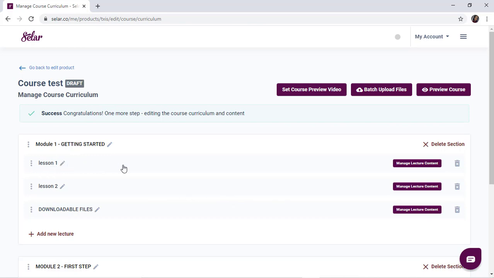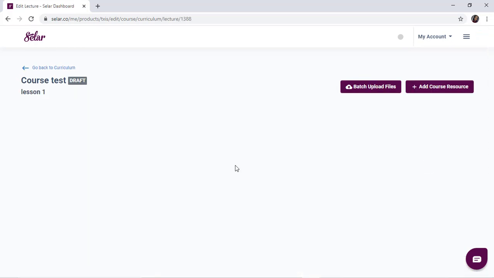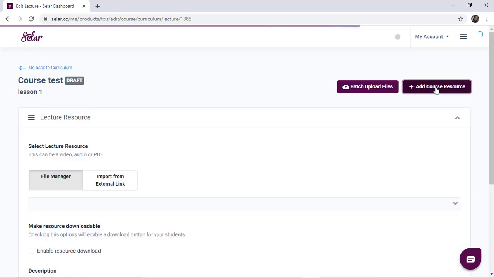So we're going to select lesson 1, right? And come here in front of lesson 1, come here to manage lecture content. You're going to click on that. And you come here. This space is going to look very empty after selecting that option, like nothing is happening here. So what you want to do is go to the top right. You see the button that says add course resource. Once you click on that, this is going to pop up so you can add your content and update the